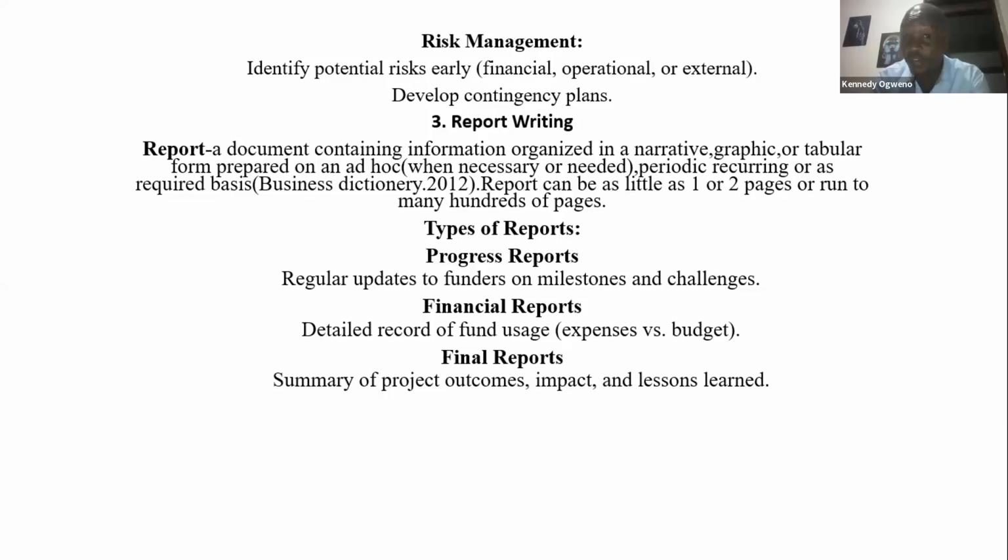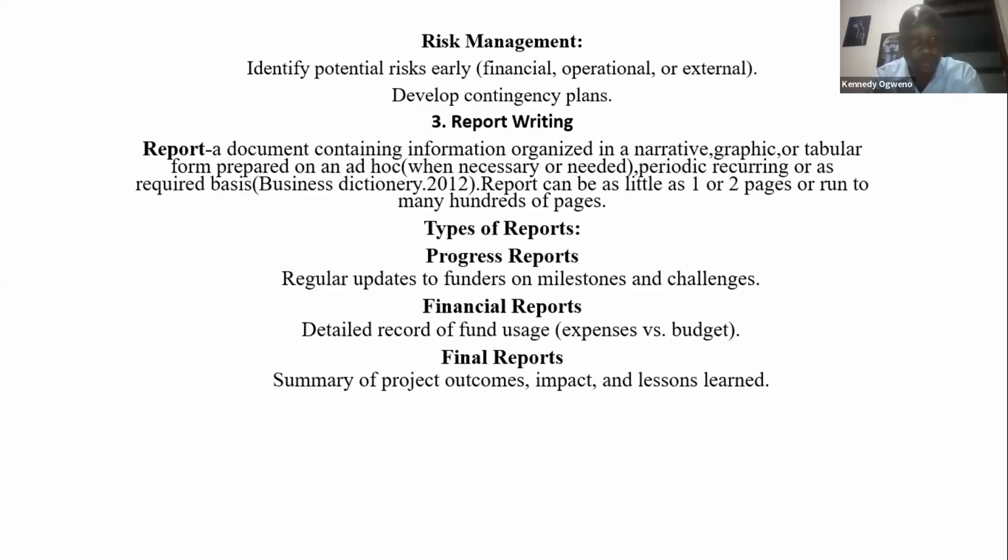So the progress report is one of them. Regular updates, that's what I'm talking about. How many times do you read emails? Because if you are working with somebody or an organization or a funding body, you should be communicating. Some people, most of the time, we Africans, we normally fail on some serious matters. Number one is reading our emails. It's very key. That's why sometimes you see an email after 3 or 4 days when the deadline has already passed. So it's very key to be reading these emails.